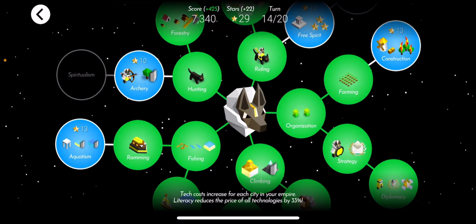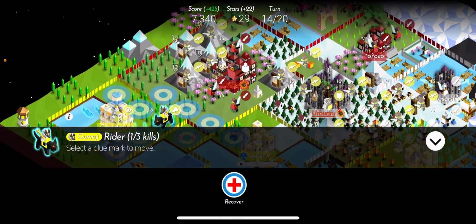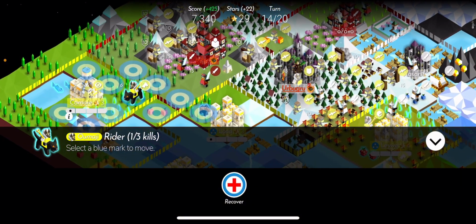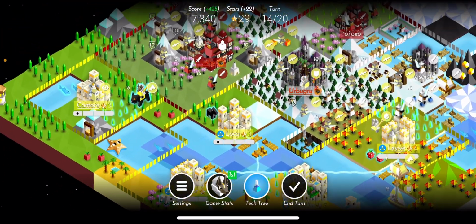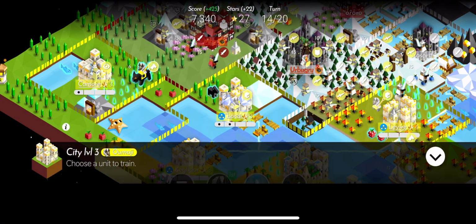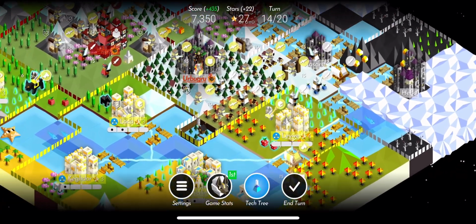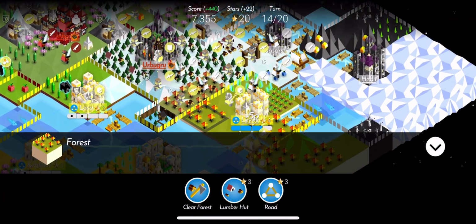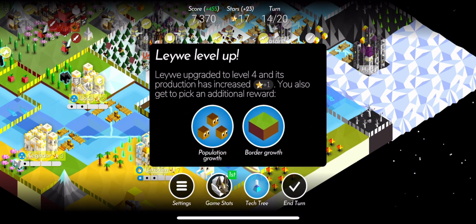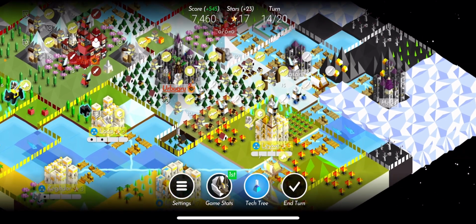He does have these swordsmen, so that's kind of annoying. This rider, what does this rider do? I need something strong, right? I need something to defend with against these. I think I'm just going to go for warriors here. I was thinking about going for smithery, but it's too expensive. So we'll level up this as well while we can. We'll border growth this. And then next turn, I should be able to go for a good